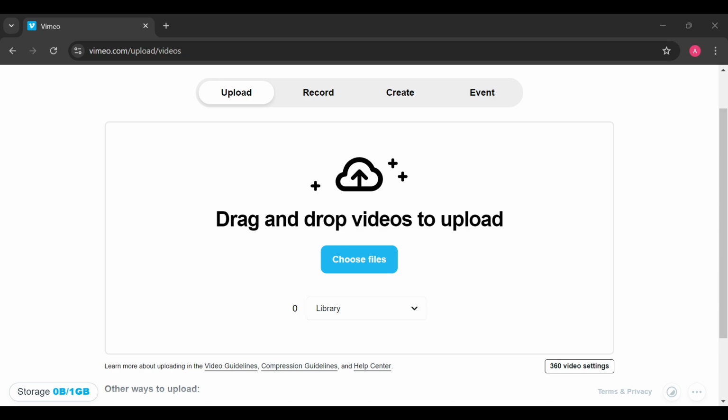So move to the left side of the screen where you can see a menu. Scroll down and click on videos, or where the video that you'd like to upload is located. Once you can find it, just select the video, then click on open, and then wait patiently for it